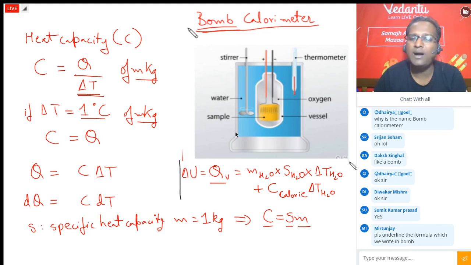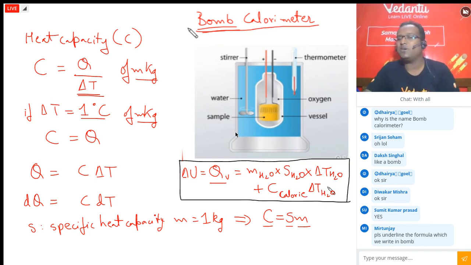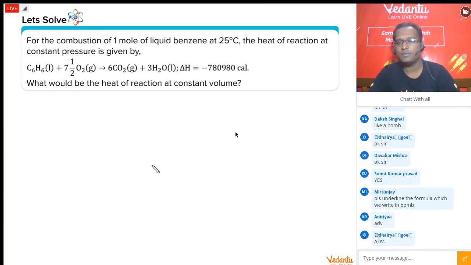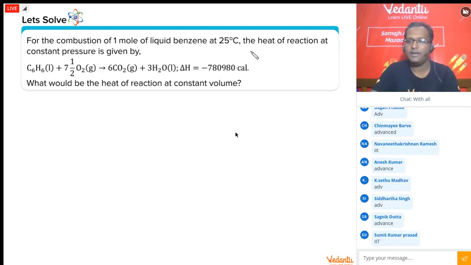Please don't mug them blindly. Try and understand the logic behind it. Thermo के questions, blind mugging से JEE Mains will be 100% done, my guarantee. But then JEE Advanced will be very difficult if you have blindly mugged the formulae. And we are aiming for JEE Advanced. JEE मेंस तो हम मान के चल रहे हैं कि हमारा क्लियर हो चुका है, isn't it?